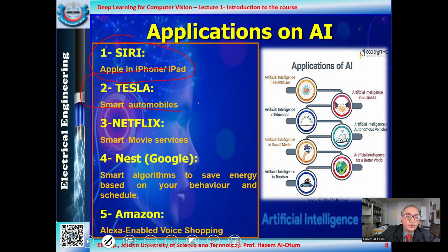You can find this also in the Tesla company, the smart automobile, where the company's cars are very well equipped with AI applications, including speed control, comfortable furniture inside the car, and how the car memorizes previous actions according to the behavior of the rider or the driver. So all these things are built into these cars.